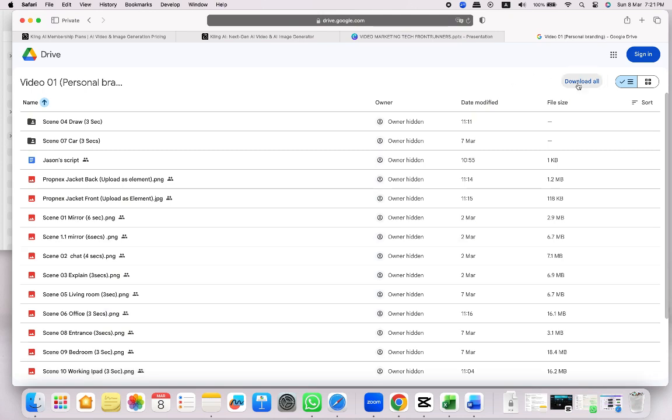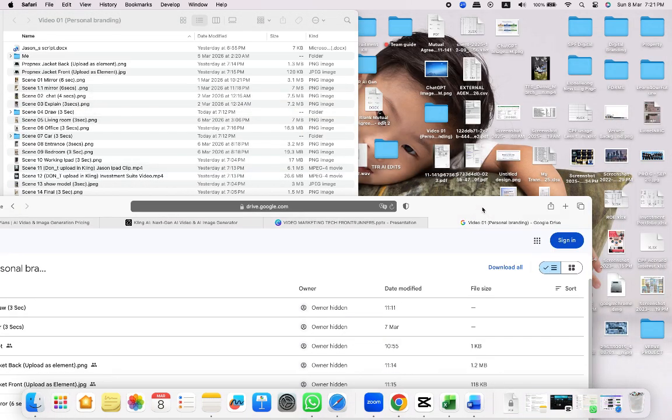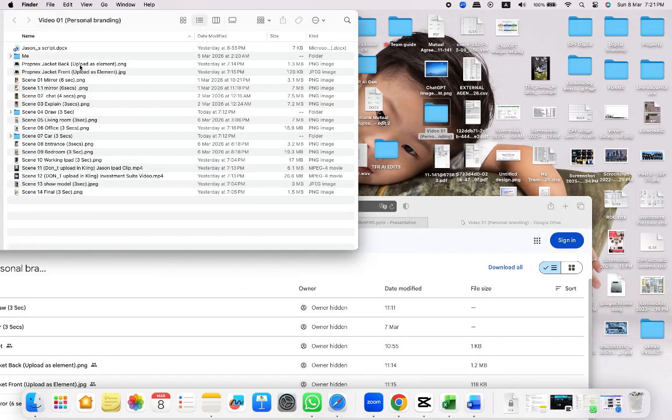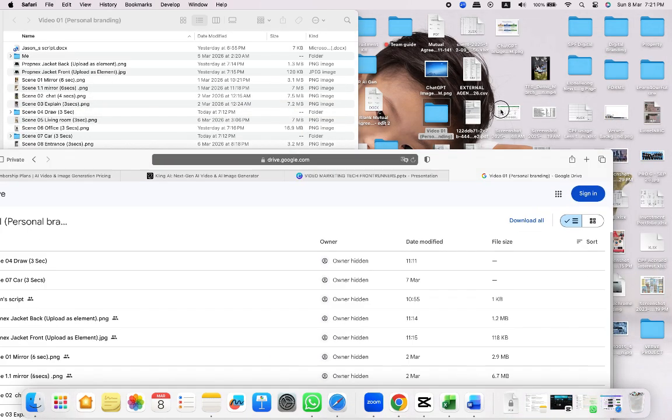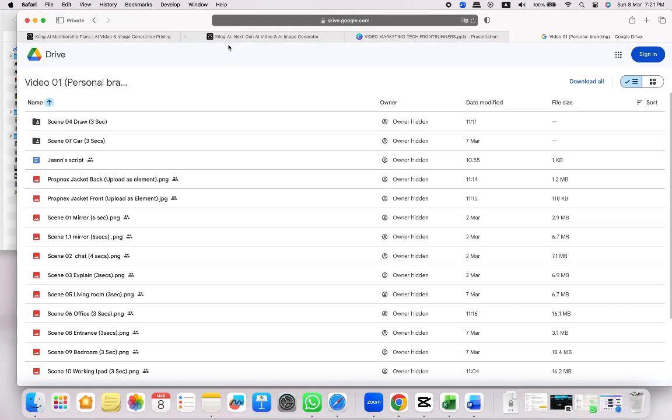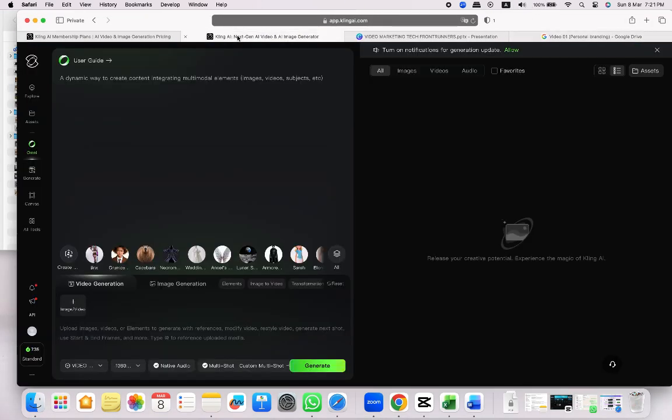So now you want to go to the resource and download all. When you download, it will become like a folder, so all the resources you can find here. Then next, you want to go back to Kling AI, and then click on this icon over here, and then